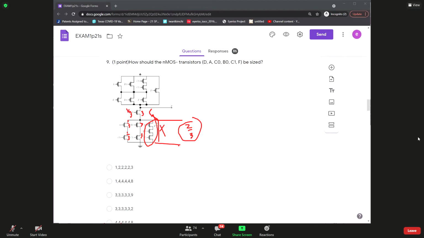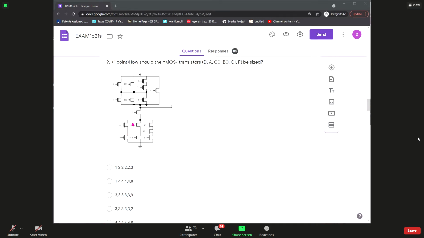Over here, 9 over here, for example. It is 1/9 plus 1/9 plus 1/9, which is 3/9. That's not 2/3. That's wrong. So the only correct answer that you can get for this problem is if you sized it